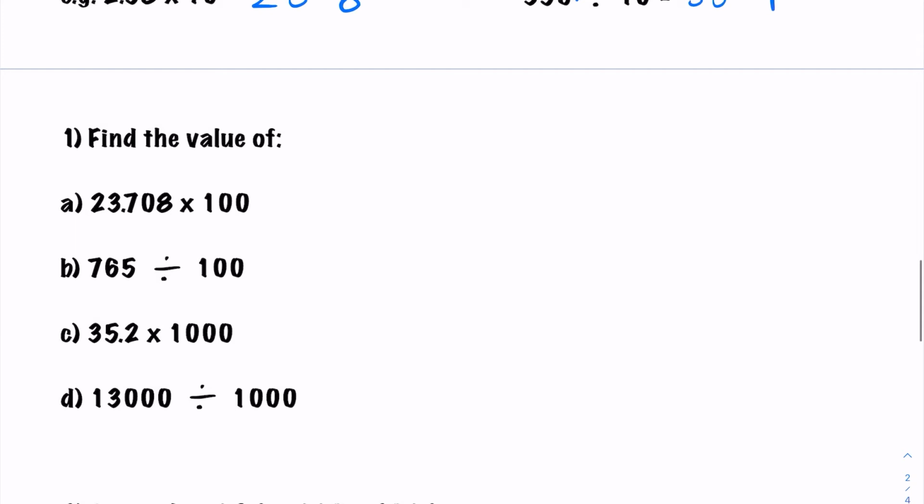Find the value of 23.708 times 100. So timesing by 10 moves the decimal point once. Timesing by 100, since it's got 2 zeros here instead of just the 1, is going to move the decimal point twice. In the same way, timesing by 1,000, because it's got 3 zeros, is going to move it across 3 times, and so on. So 23.708 times 100 is just going to move the decimal point 2 places to the right. So you just get